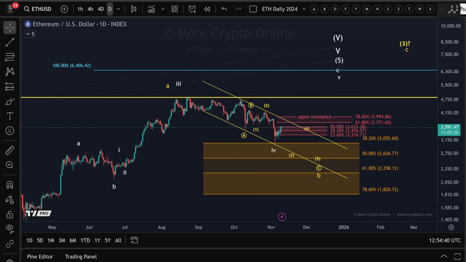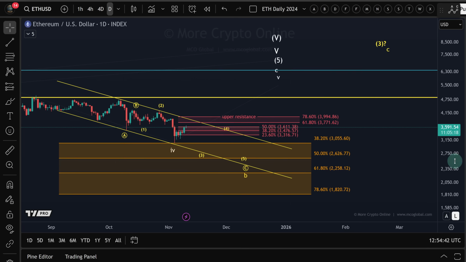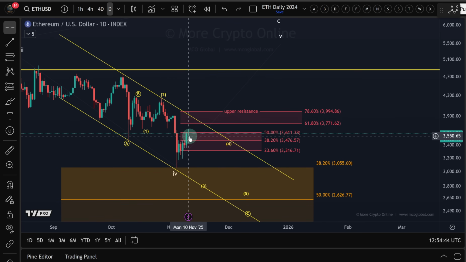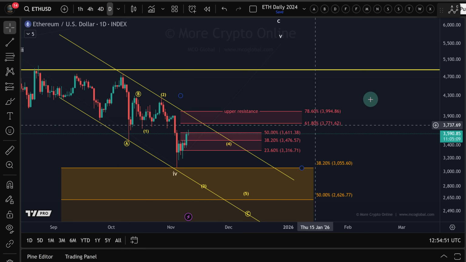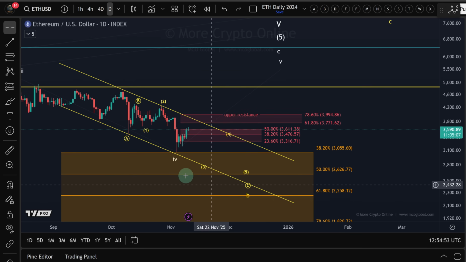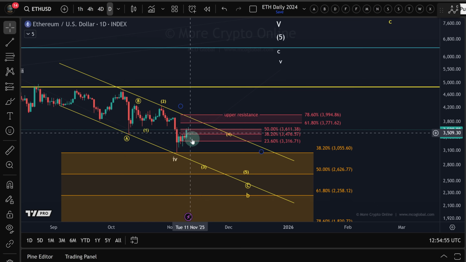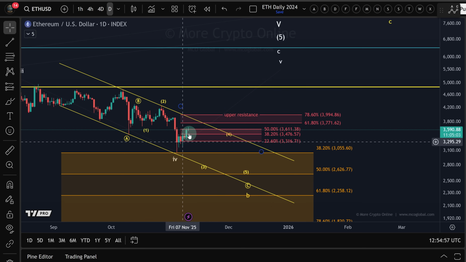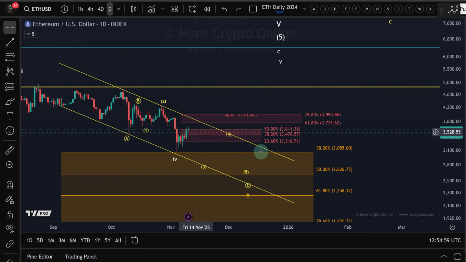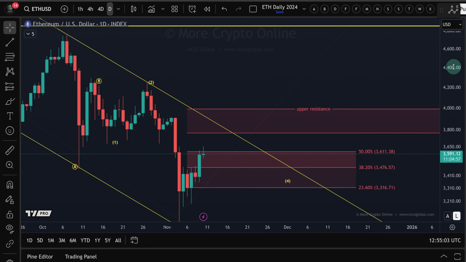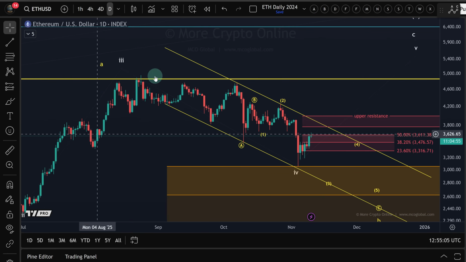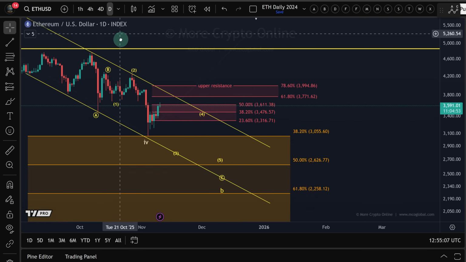I'm here on the daily time frame and we can see that Ethereum has tried to push above initial resistance. Now on the smaller time frame, I've removed this initial resistance area already from the chart, even though it's technically still valid and relevant, but we've already started to break above it. Now you can see that looking at the daily chart, it was really just a wick above it. Okay, so we haven't actually technically cleared any significant resistance.